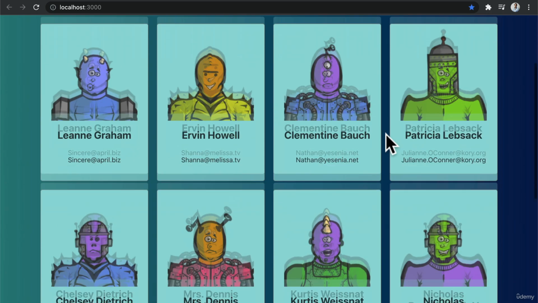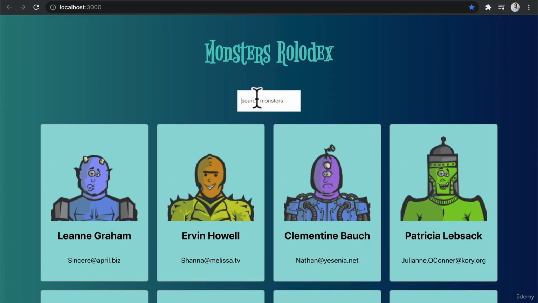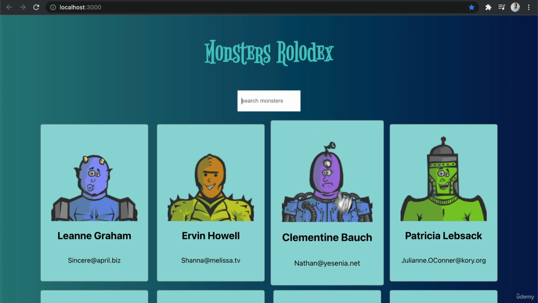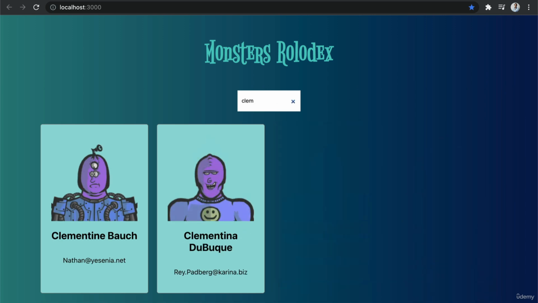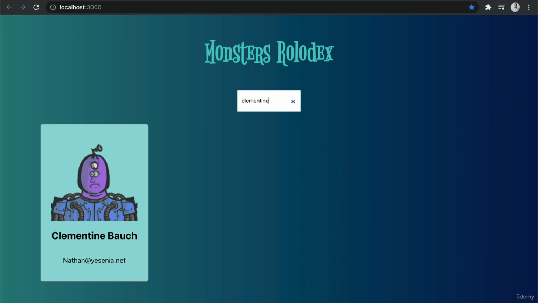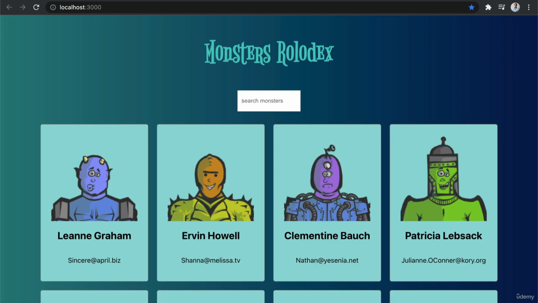You can also see the monsters and actually filter them using the search bar. So let's say, for example, we wanted to filter for Clementine. As we start typing, we will see that we will start filtering out any monster that does not have a name that matches what we typed in the string. It's a very simple application, but it'll teach us a lot about how React works and how a React application is